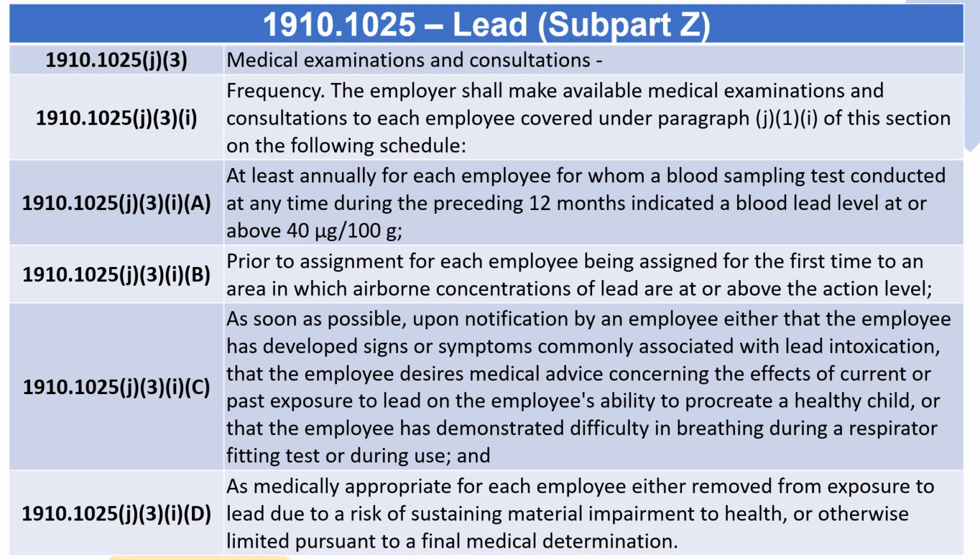1910.1025(j)(3) Medical examinations and consultations. 1910.1025(j)(3)(i) Frequency. The employer shall make available medical examinations and consultations to each employee covered under paragraph (j)(1)(i) of this section on the following schedule: 1910.1025(j)(3)(i)(A) through (D), at least annually for each employee for whom a blood sampling test conducted at any time during the preceding 12 months indicated a blood lead level at or above 40 µg/100 g. Prior to assignment, for each employee being assigned for the first time to an area in